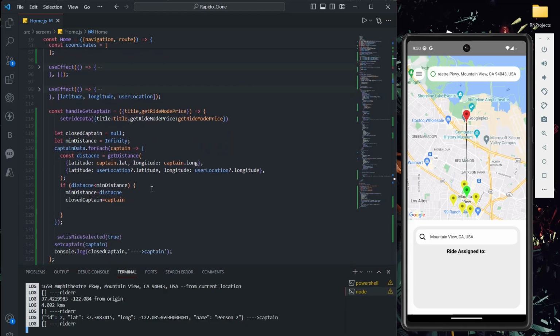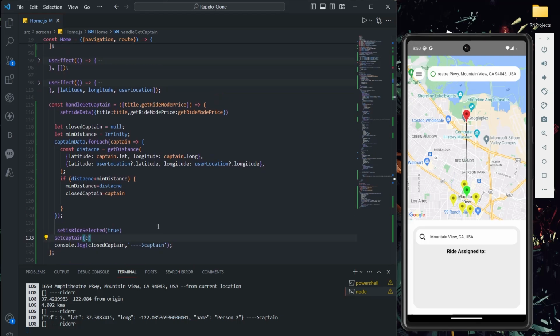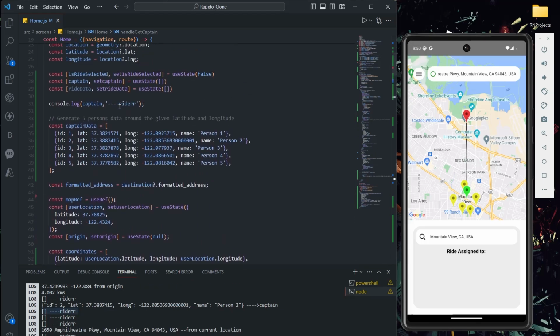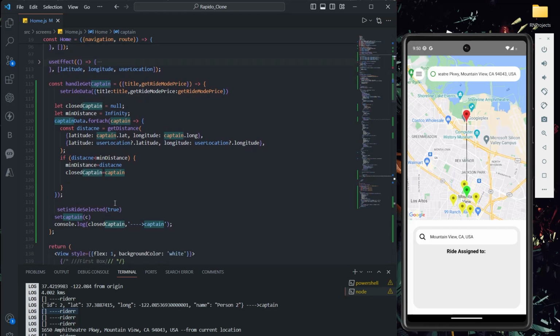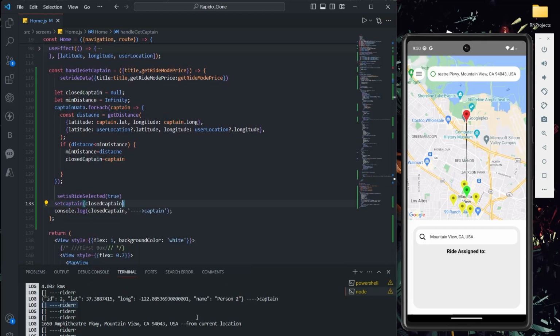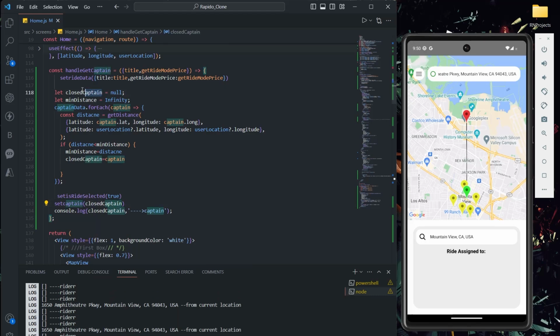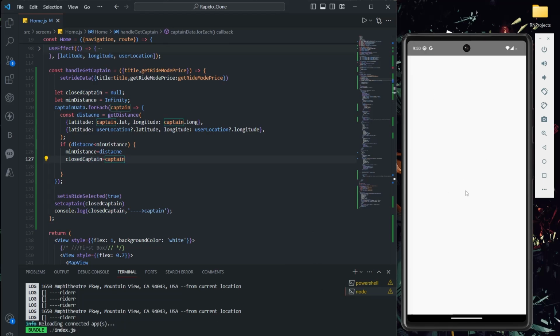Let's see what was the issue. Okay, my mistake. Initially I'm directly passing captain only, like this value only I'm directly storing in that, so that's the issue, a coding issue. Just check from your end also, like set captain, I have to pass closed captain. In closed captain only I'm storing this captain's data. Okay, perfect. Now let's check it again. Let me refresh it.